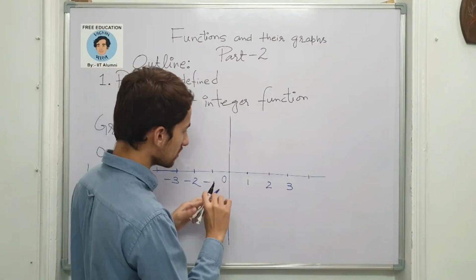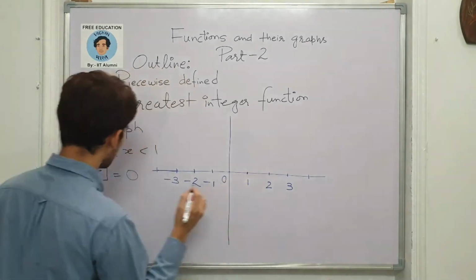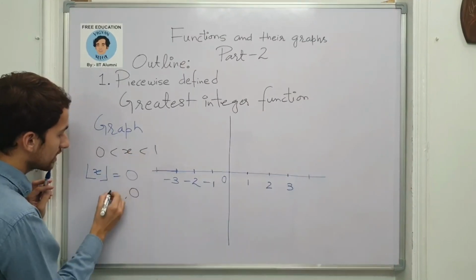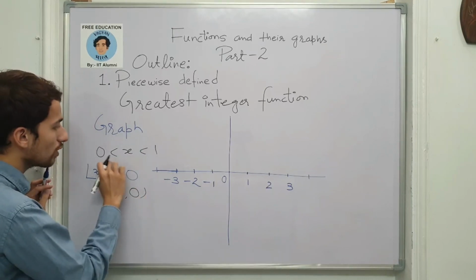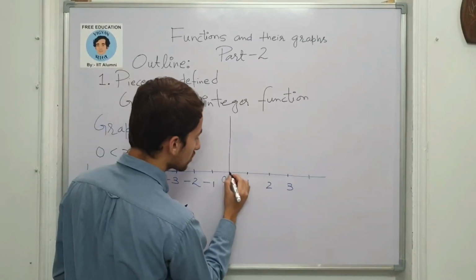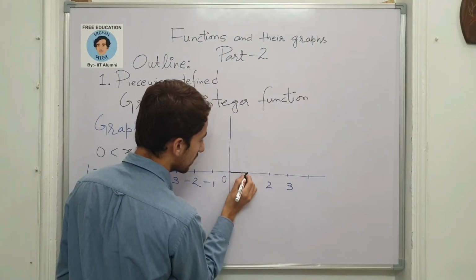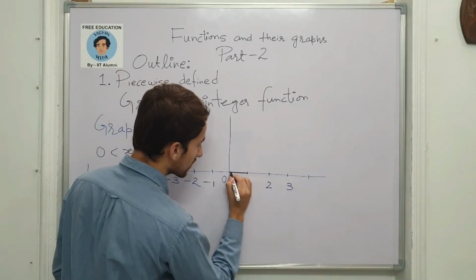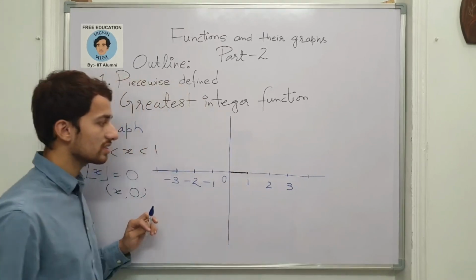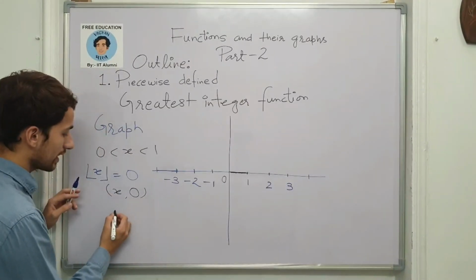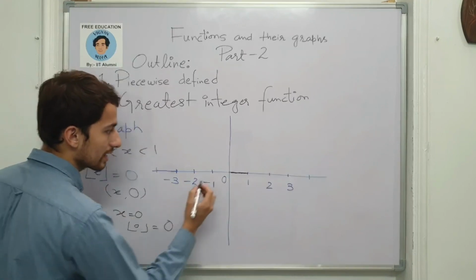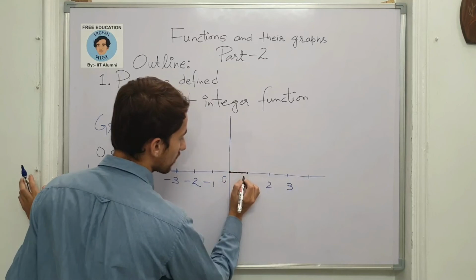Whatever the input you choose, the output is 0. So the y coordinate is always 0. The x coordinate which I am taking is varying over this interval, so your possible choice of x lies over here, and the y values remain 0 itself. So the output of the function is 0. So the function is constant, the 0 function. The function is 0 here. So this is the value of the function. Indeed, if I choose my x to be 0, the value of the function from the domain, the output was 0 again. So at 0, I am getting 0 value.